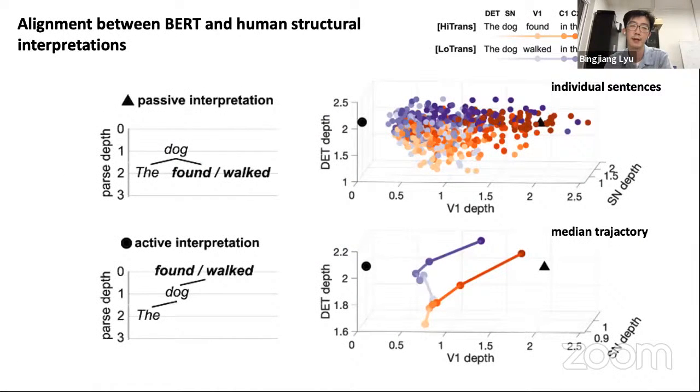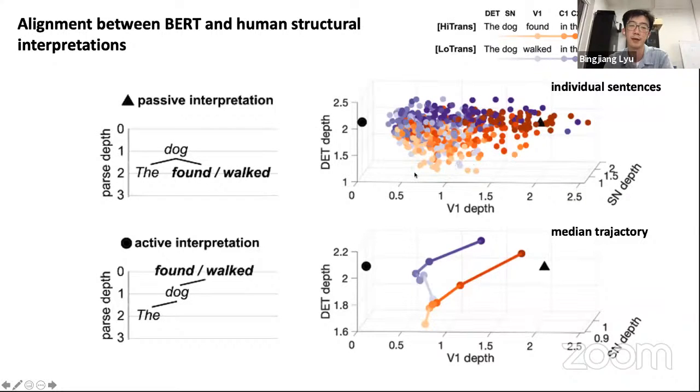To better visualize the incremental structural interpretation by BERT, we plotted each sentence as it unfolds in the BERT model space, consisting of the path steps of the first three words, because the dependency between the subject noun and the first verb is key to the structural interpretation here. We also plotted the corresponding context-free path steps vectors in this space, the circle and the triangle. And they can be considered as landmarks that help us make sense of BERT structural measures,